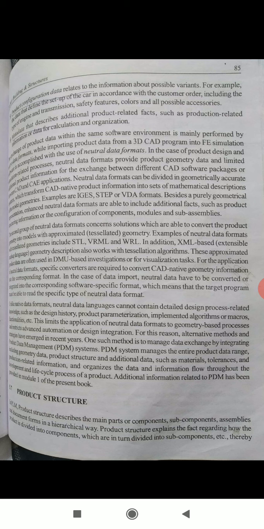Next, we are moving with the second part of Module 5, that is product structure. In PLM, product structure describes the main parts or components, subcomponents, assemblies, and document formats in a hierarchical way. Product structure explains how the product is divided into components, which are divided into subcomponents, etc., thereby giving the essential details